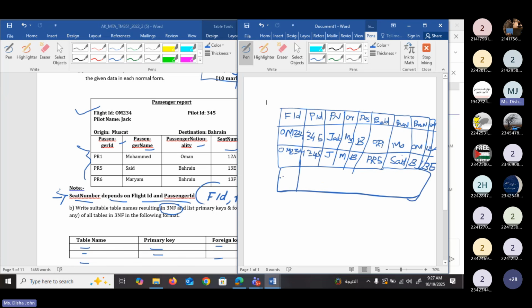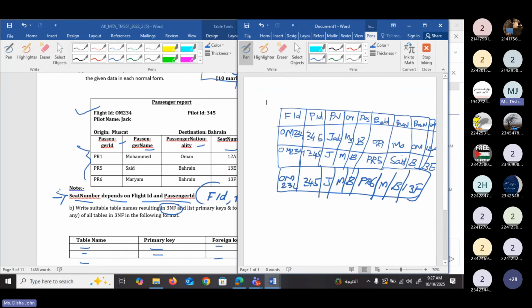So the same OM234, then pilot ID 345, the pilot name Jack, then origin Muscat, destination Bahrain, passenger ID is PR6, then passenger name is Mariam, then the passenger nationality again Bahrain, and the seat number is 13F.